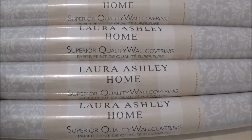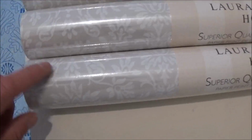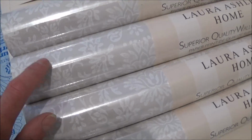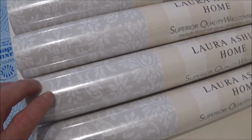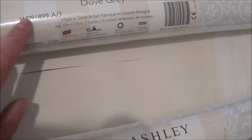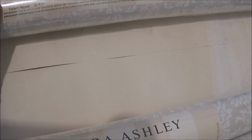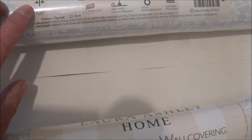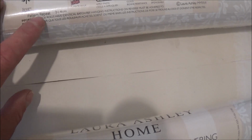Okay, first thing you want to do with this paper is just make sure all the shading is the same. Whether the batch numbers are the same or not, you just got to double check everything and make sure it's all the same. But do check all your batch numbers. You can see on this one it's a straight match and it's a repeat pattern of